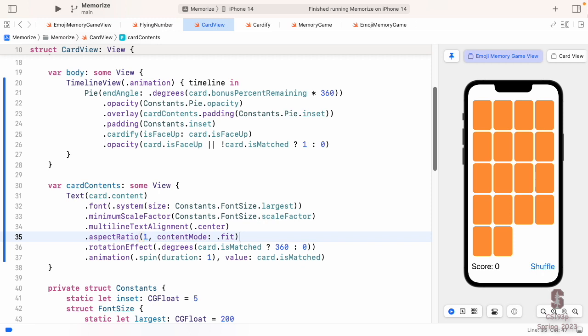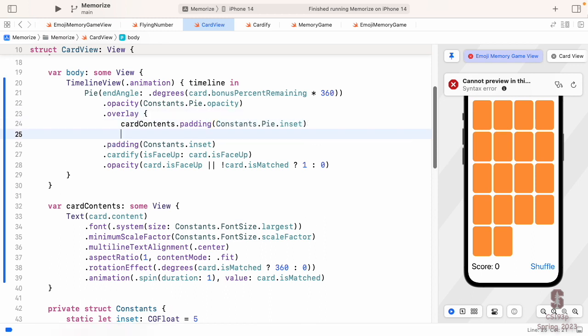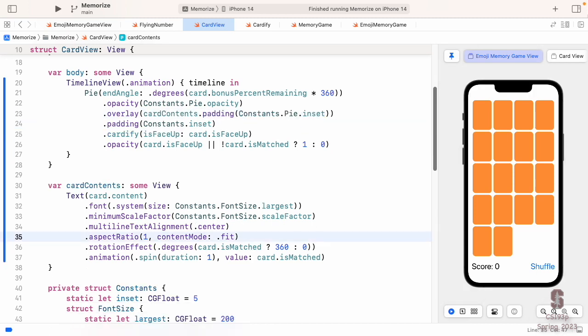Someone also asked me, hey, does overlay have to just be a single view like this? And the answer is no. Overlay could be a normal view builder like this. All the overlays we've done just happen to accidentally, I guess, be these single views. A lot of times they might be single views because you're doing what we're doing here and pulling the view out into its own var like this.